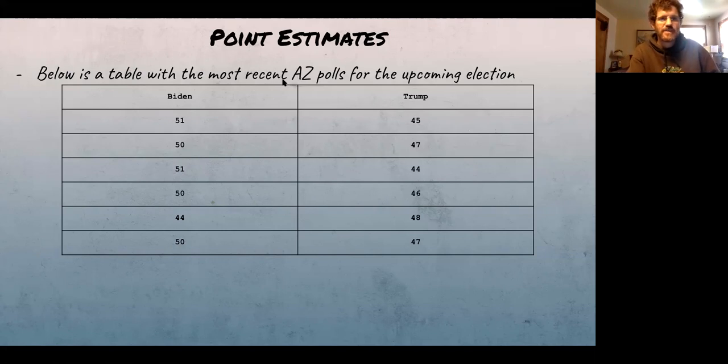Anyways, I guess we were talking about statistics. These are some recent polls. This is real data. I don't have the sources cited here, but if you go to Real Clear Politics, that's where I got this from. You can find all that fun stuff. These are the most recent polls for the upcoming election just for Arizona. And the question is, what are these polls trying to do? When someone creates a poll, what is it they're trying to do?